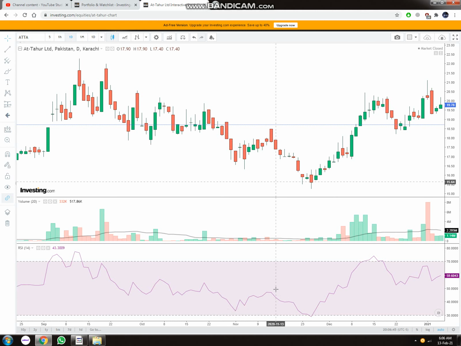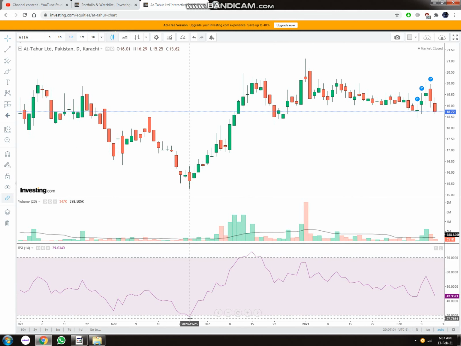What this means at this level is that the bears are weak. They may show signs of bearishness, but they are weak and exhausted at this level. And the bulls are trying to gain control of the market. Now at this area you can see that it's also a great long position for the stock market.